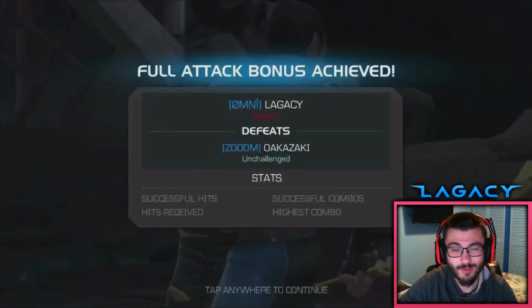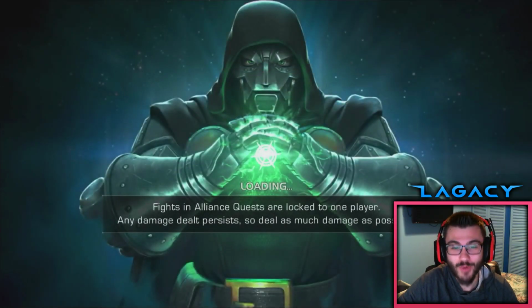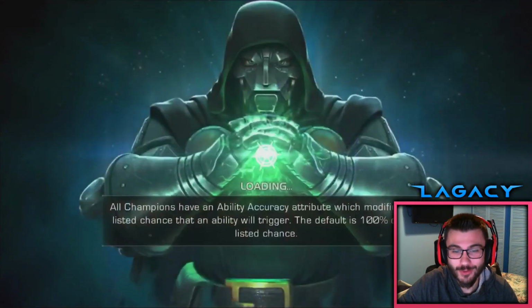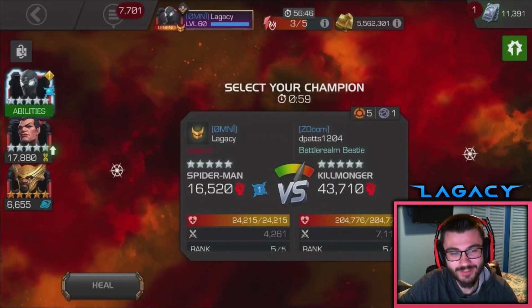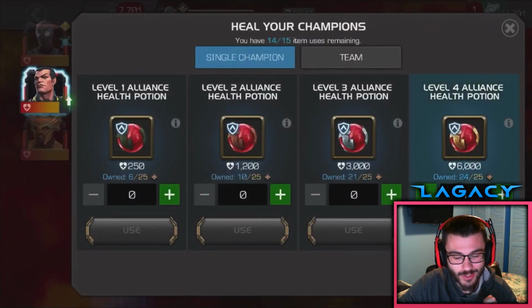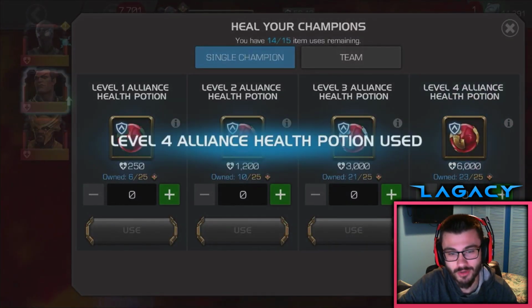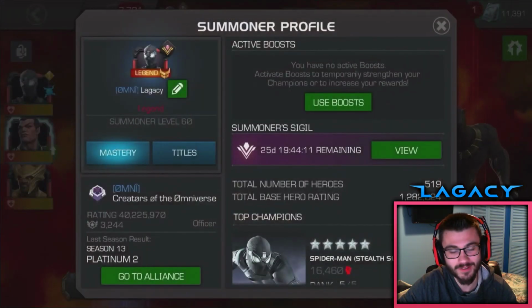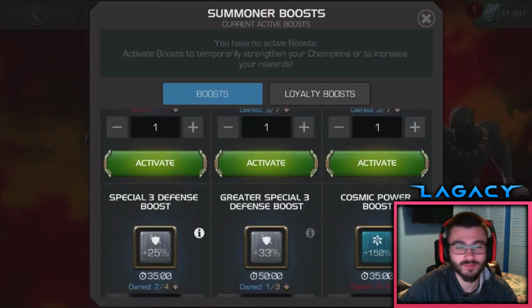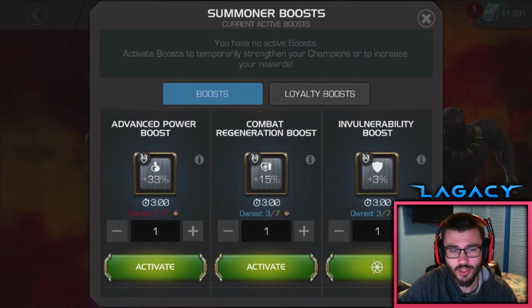That last hit was 61,000. But the problem was that fight took over 2.5 minutes, and our invulnerability boost wore off. So I'm gonna have to pop another one. That's extremely annoying. It just fell off. You could see the green outline right after the fight, and then as soon as we got on this Killmonger, it was gone. So I'm gonna pop another one just to be safe,